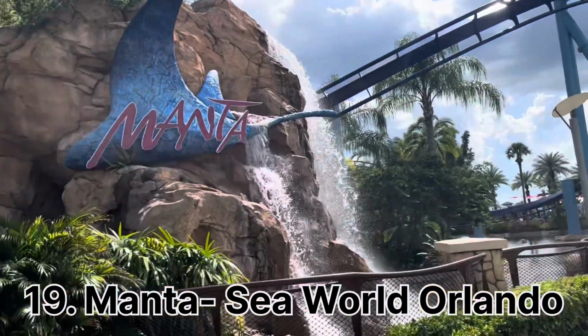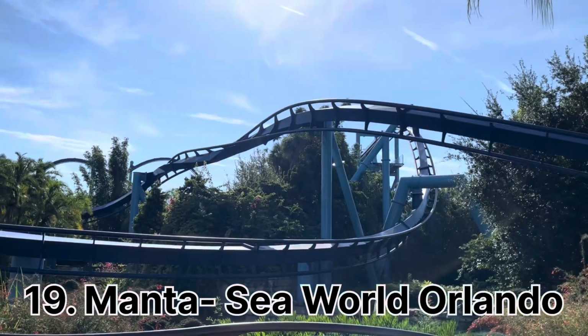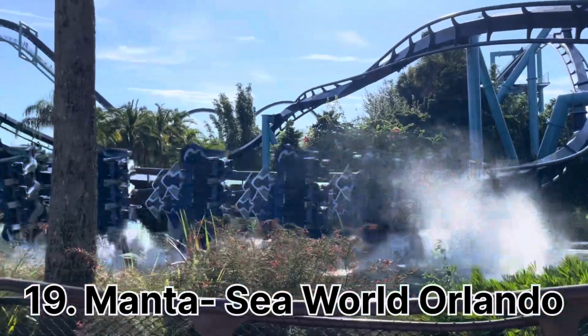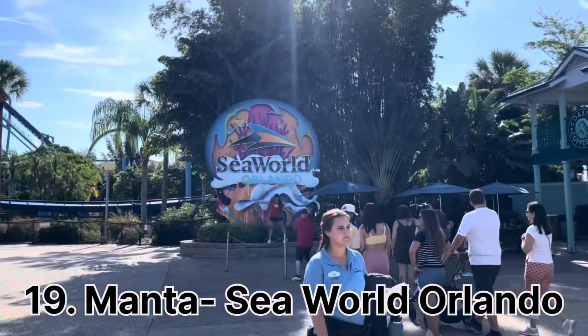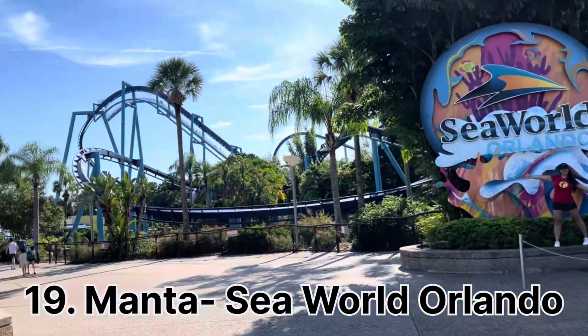Coming in at number 19 is Manta at SeaWorld Orlando in Orlando, Florida. And Manta is a B&M flying roller coaster. And it's actually the best flying roller coaster I've ever been on. You go through a big pretzel loop, some inversions, and what I really love about this roller coaster is the